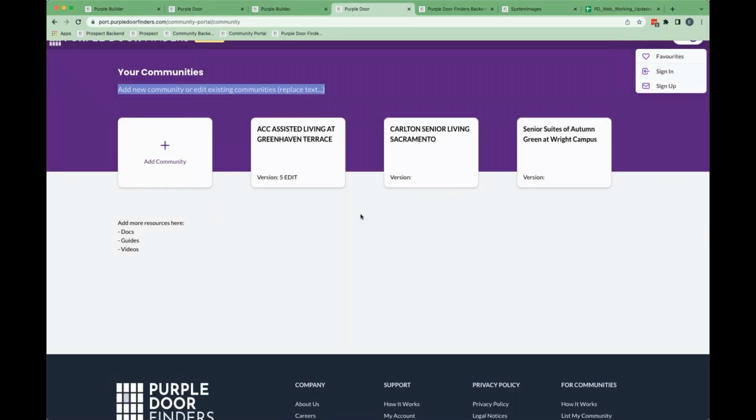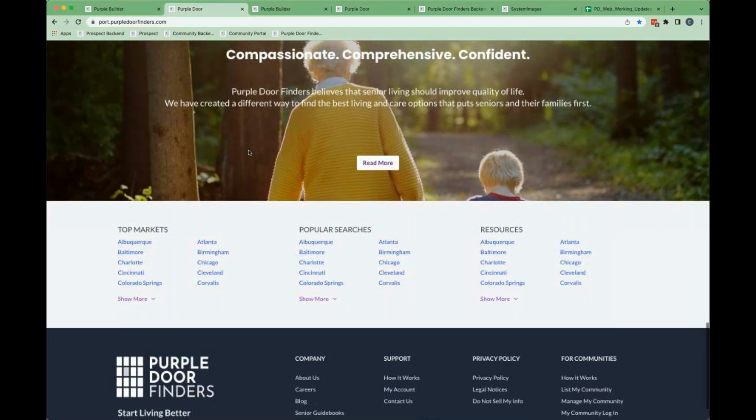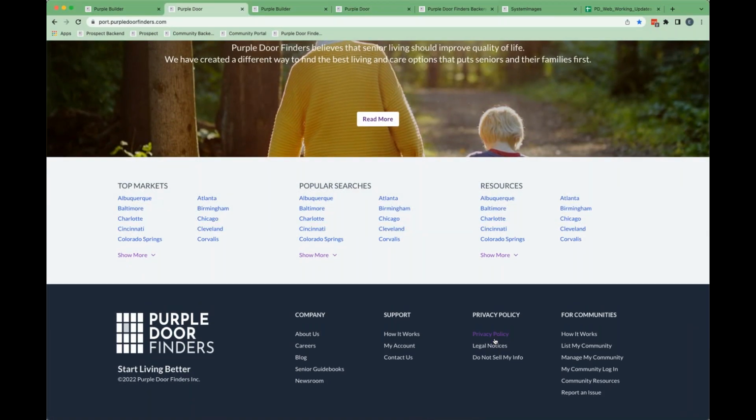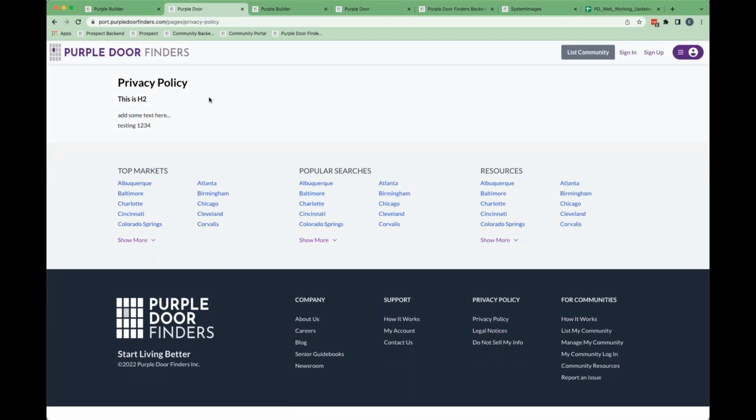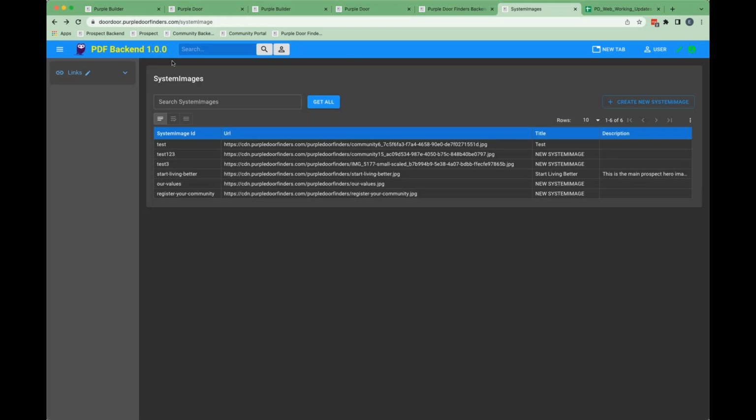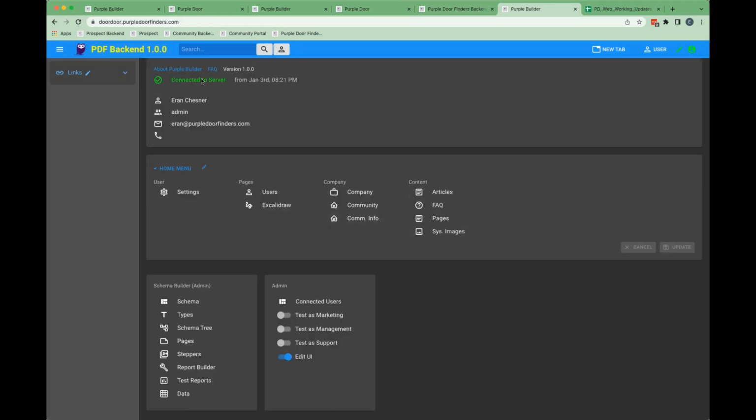Okay, better. So we can look at this privacy policy, legal notices, do not send my info. I set all of them, and you can see on the bottom that it has a link. When we click on this privacy policy, it goes here. This page is one of the pages on the backend.